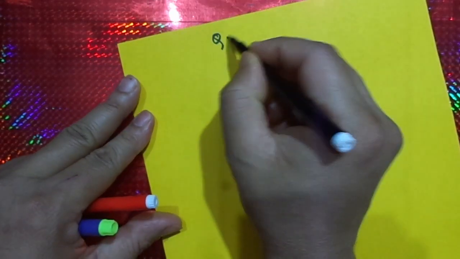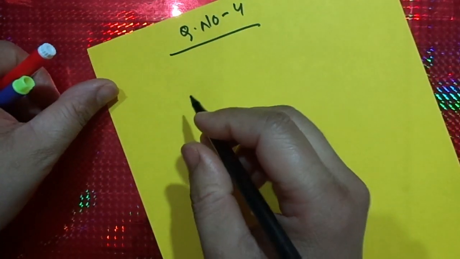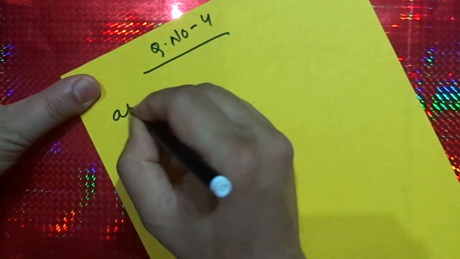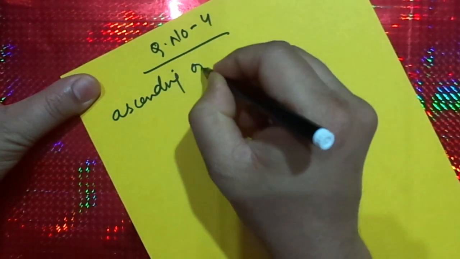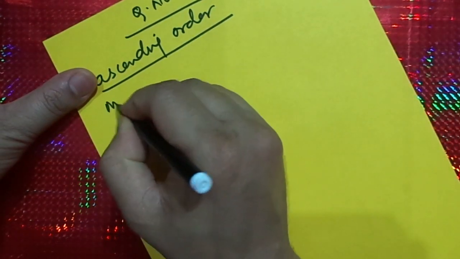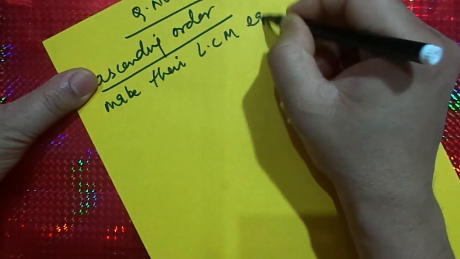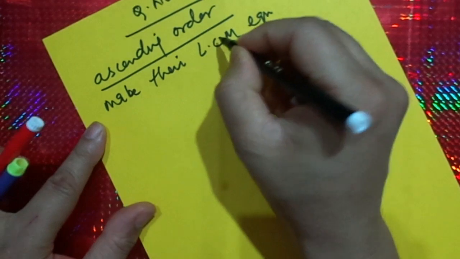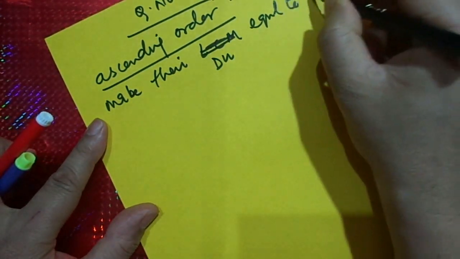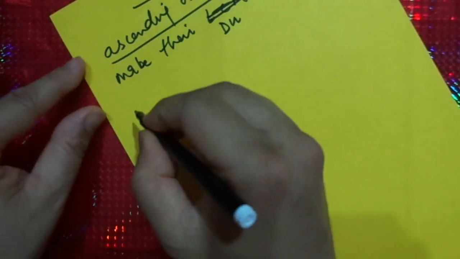In question number 4, what do we observe, or what are we asked? We are asked to put the fractions in ascending order. So in ascending order, what we need to do? The same thing. Make their denominators equal to the LCM. So first we need to find out the LCM of